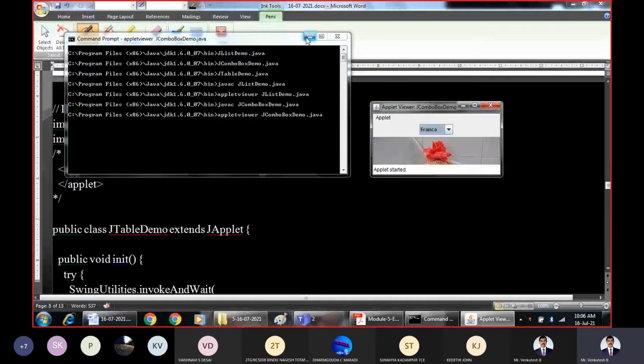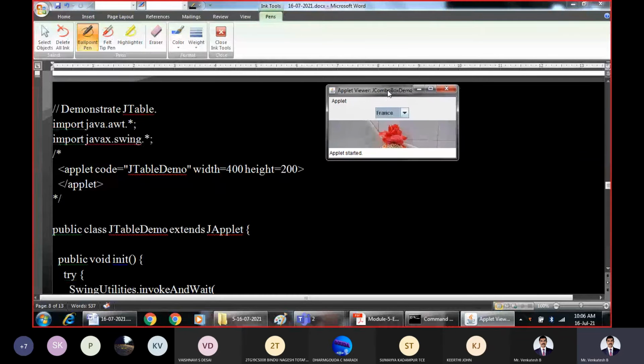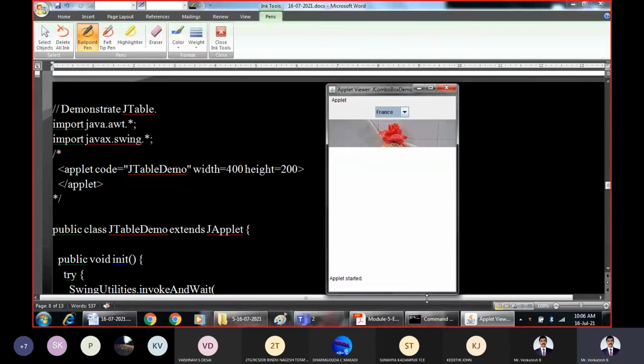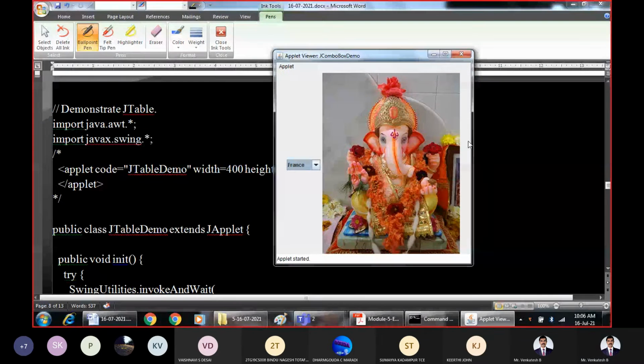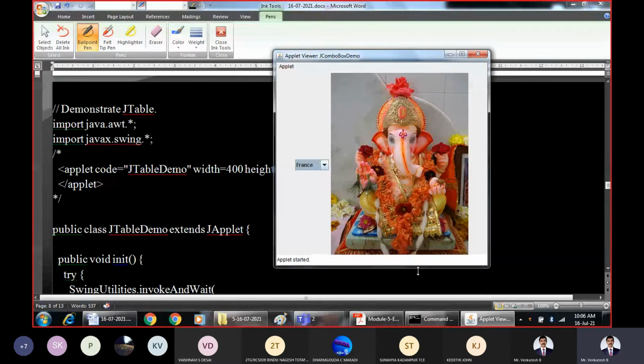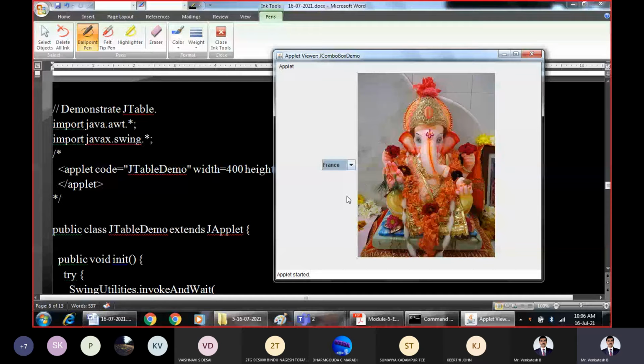Yes, images are available. Right. So this is as the image size is larger. Now you can see it properly. As you can see, an icon based drop down menu list is being created along with the corresponding icon. I don't have images for France, Germany, Italy, and Japan.